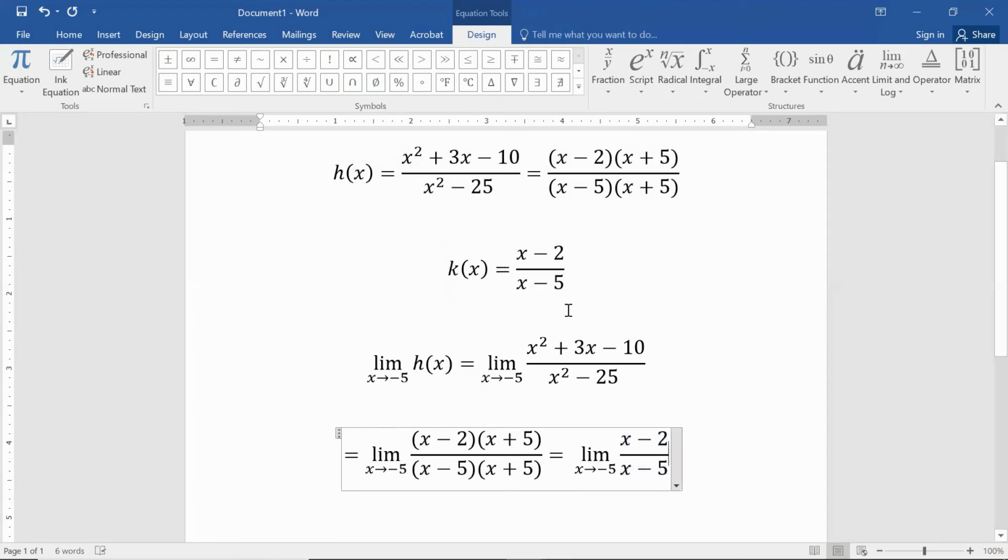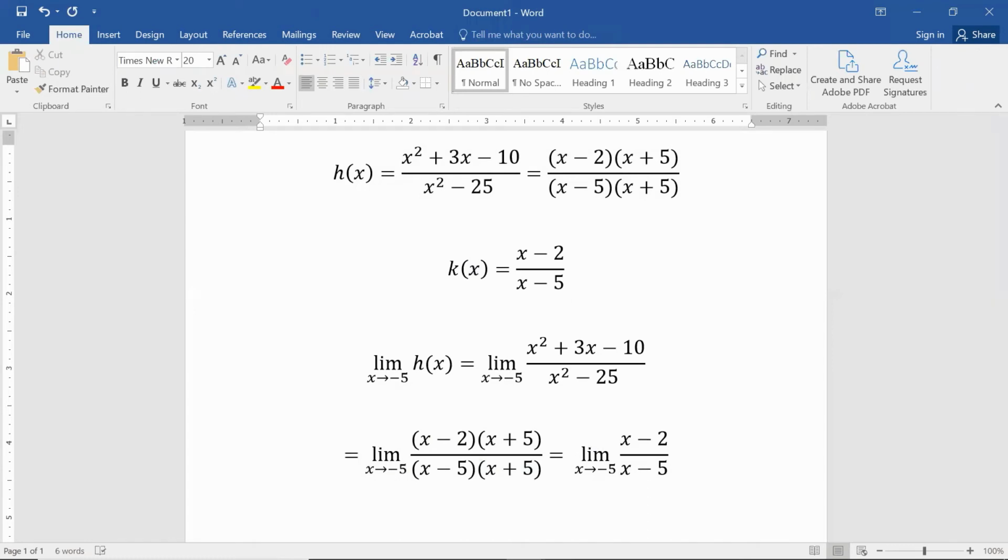So what usually happens is people will not create a new function and define it with a new function name or anything like that. But what they're really doing is saying that this function is different from this function at the one point, but since one is essentially a reduced version of the other, they're going to give you the same limits.